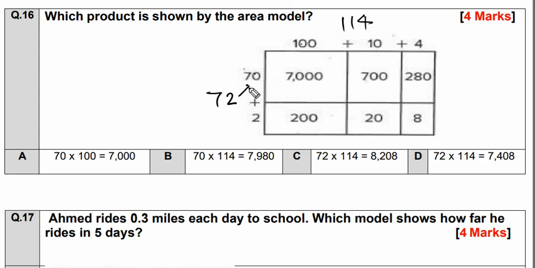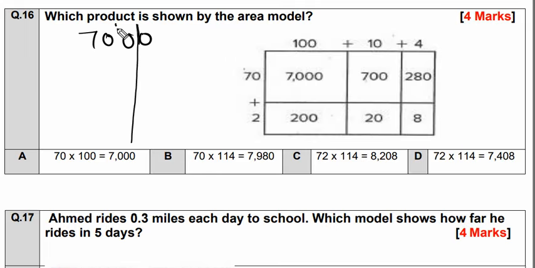What is this number? 72. So we break this into 70 plus 2. We will break this into 100 plus 10 plus 4, and then you multiply. So the main thing is how to add this big number. Always write the big number, 7,000. Did you write the big number? Good. After that,